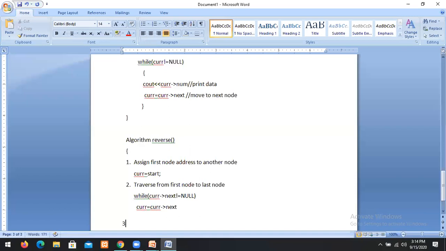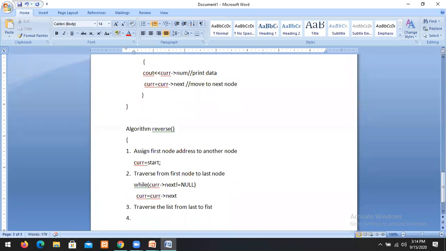Then we have to traverse the list from last to first. First you move from first to last, then you have to move from last to first.